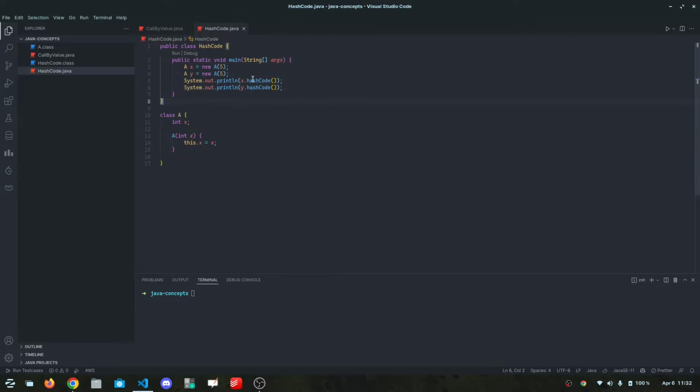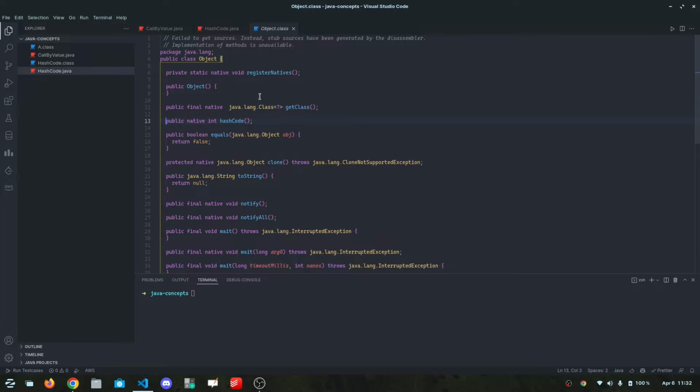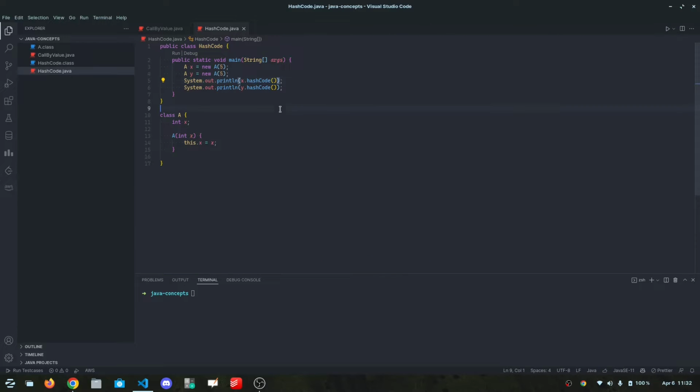Okay, so I'm sure you have already seen this function before, hash code. Let's go into this function, and as you can see, this function is present inside the Object class here. It's a function that returns an integer. What this does is that whenever we create an object, it returns a random